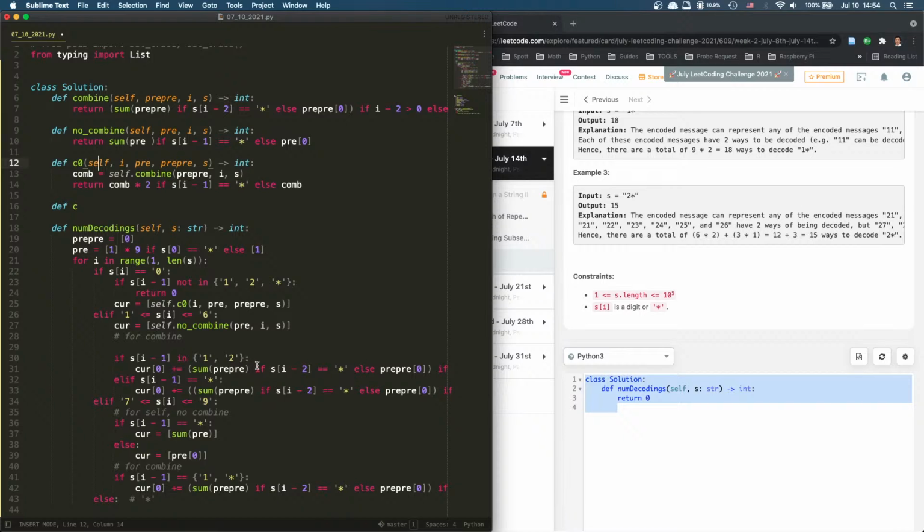Then we do combine. Combine with 1, combine with 2. And 0 is the same thing. Combine with 1, combine. That's the only thing we can combine with, right? It's the same thing. So we can do this, and we just say,